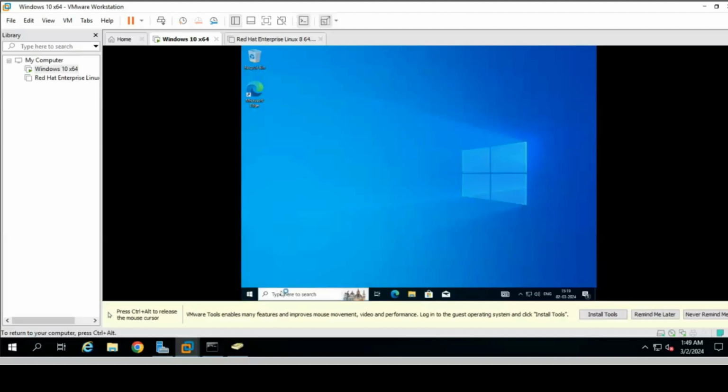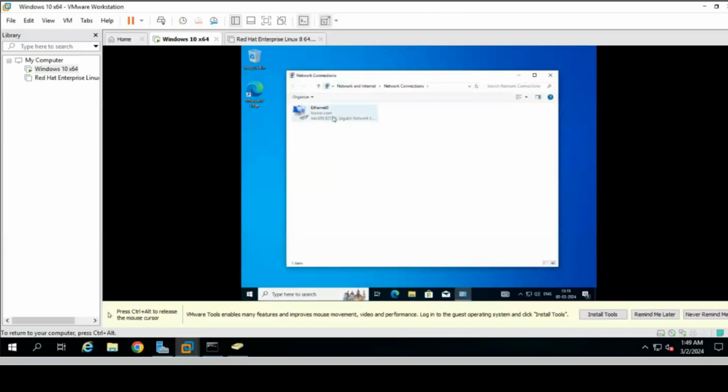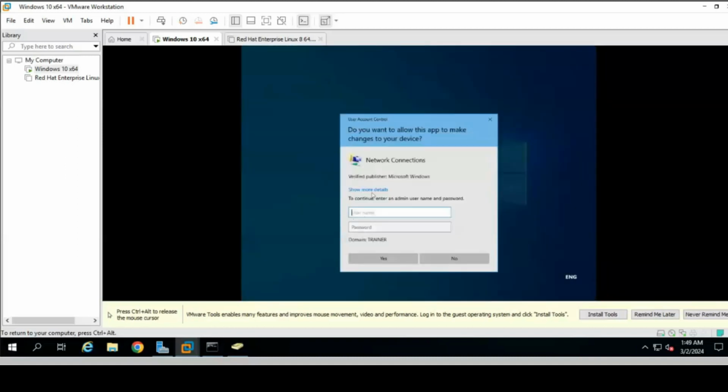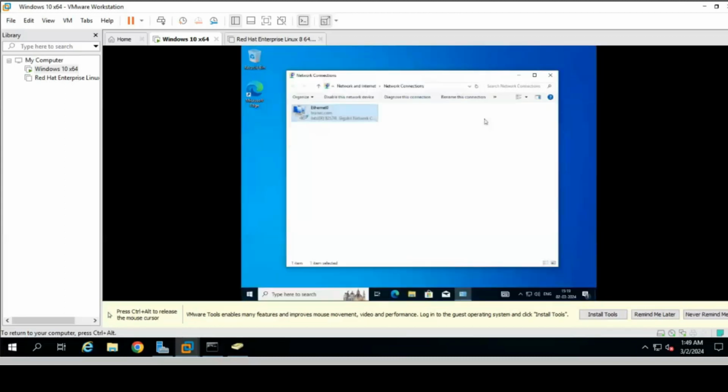And if I will try to run the next command, suppose I will just run lcpa.cpl, right? It's running, but if I will do a right click and then properties and try to change the password, it is showing you have to fill the user information and the password. So here you have to fill the administrator and the password of your domain machine, right? So we have some restrictions now because it is covered by that server.